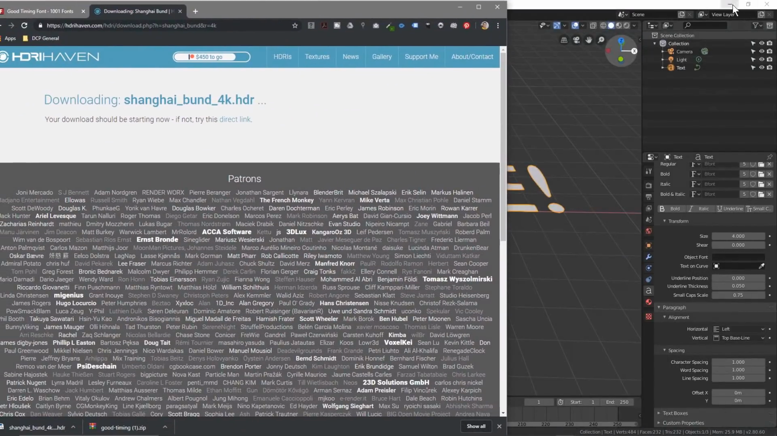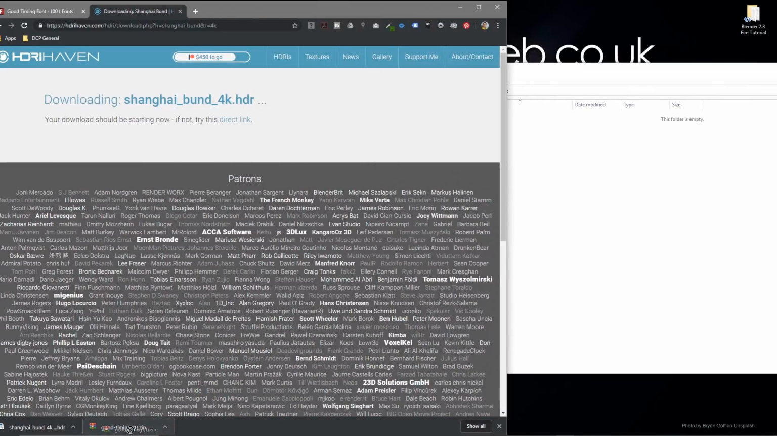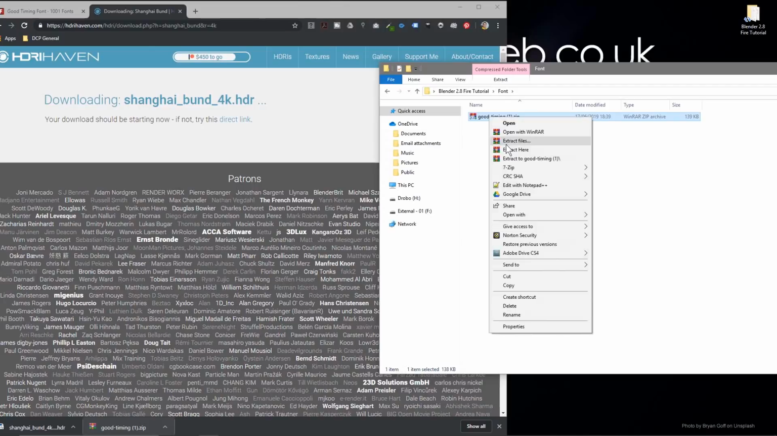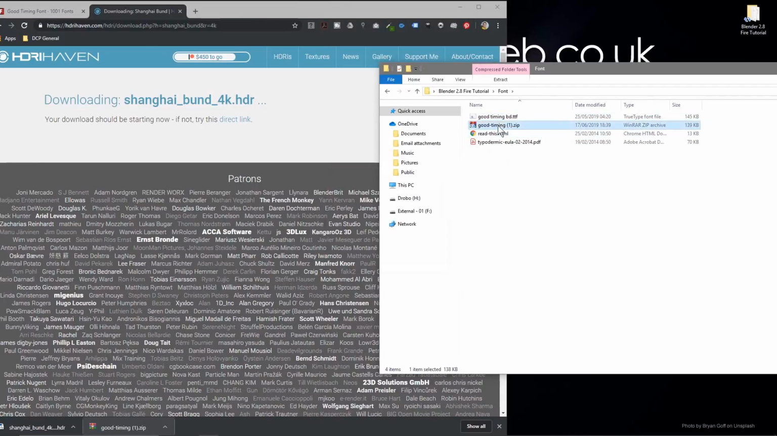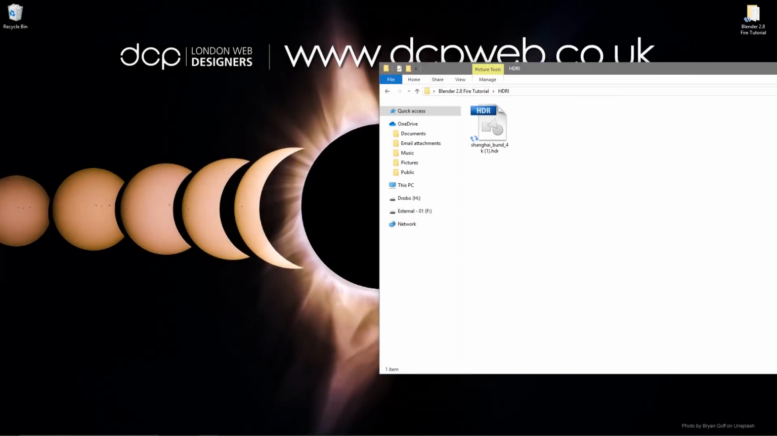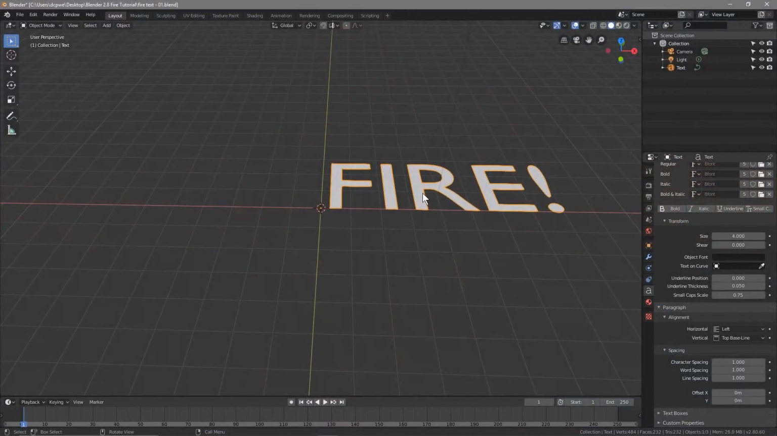So let's minimize this, and in this folder we've got a fonts folder here, so let's drag this font into here and we'll right click and extract it here, and we can delete this folder. We can pretty much delete everything but leave the TTF file here, that's the font itself, and then with the HDRI map we'll drag that into this folder here. We can close down the browser. Let's close this folder for now and we'll go back to Blender and we'll click on this text,